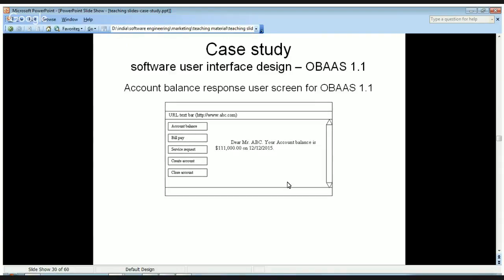and when a user clicks the submit button and everything is fine, so account balance will be shown for the user in the response page. So it could be something like, dear Mr. ABC, your account balance is so so on the date. Okay,